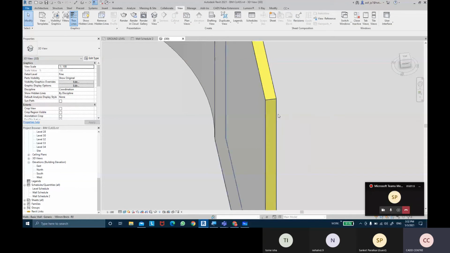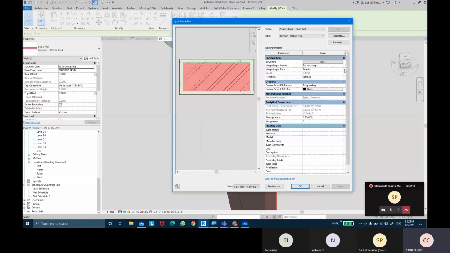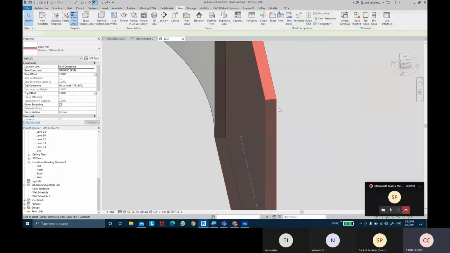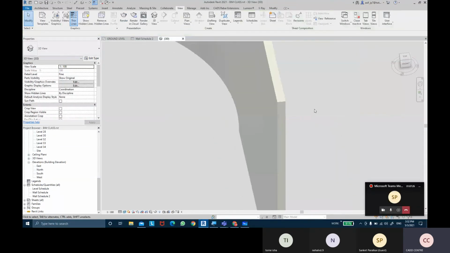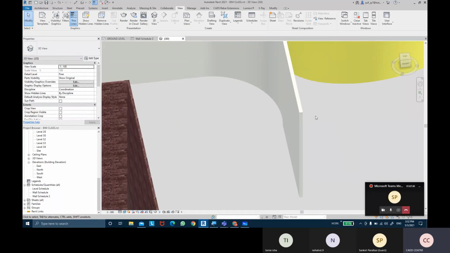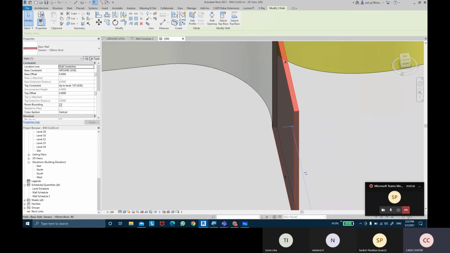And if I select interior, the interior side paint and plaster would be applied. Okay, so you need to select wisely which side of wrapping at ends you want to use.